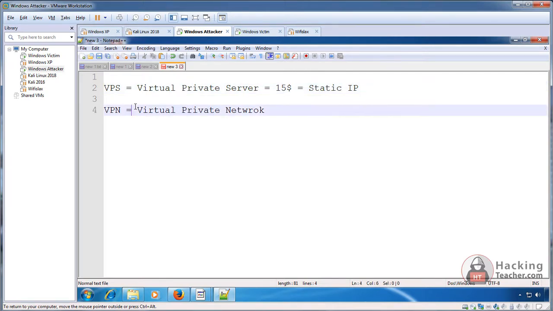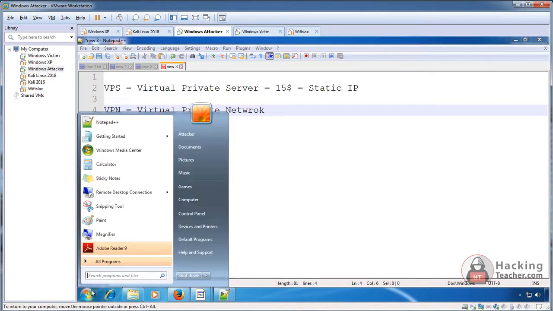Now a VPN is software through which you will be able to connect to a VPN company, and they will assign a static IP to your computer. So your static IP problem will be solved here, but in the end you will be using your own computer to hack, which is a little bit risky. I would say not risky, but lesser safe than a VPS. You will be assigned a static IP, and with that static IP you can create a RAT, and you can send it forward to the people, and you are using your computer to control the victims.